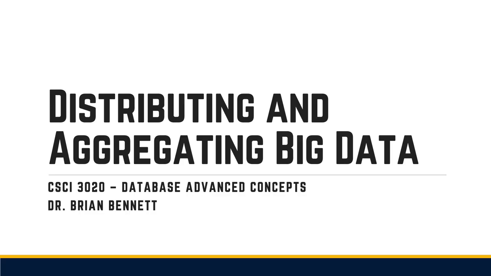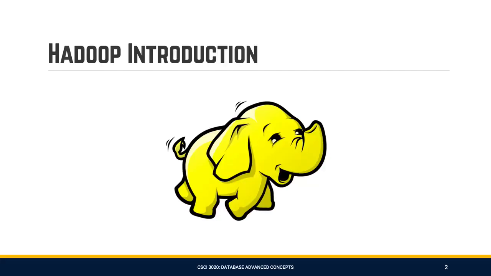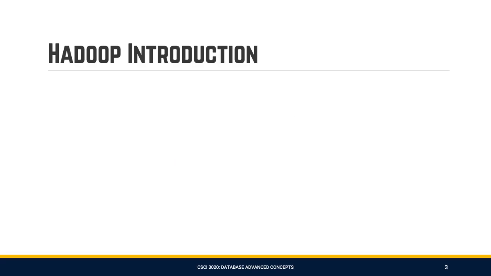All of the servers work together to produce this ability that you might have to query the data across all of the servers. So this first video in this series is going to talk a little bit about Hadoop. Hadoop is a distributed architecture that was invented several years ago, and this is the logo for Hadoop. And it comes from the need of big data to be distributed across multiple